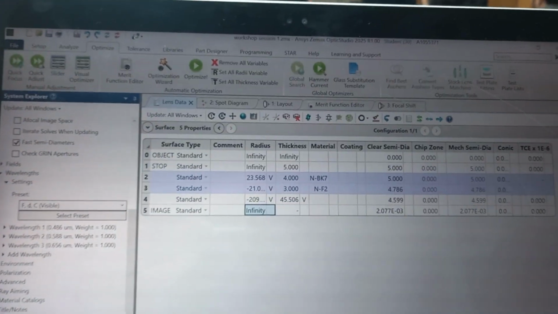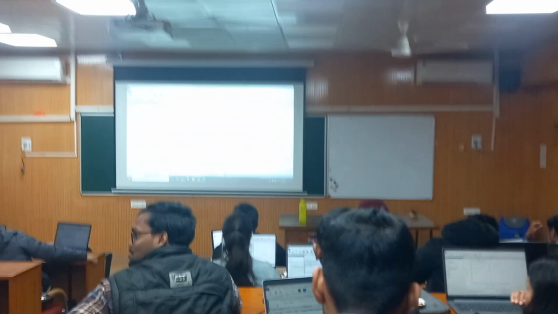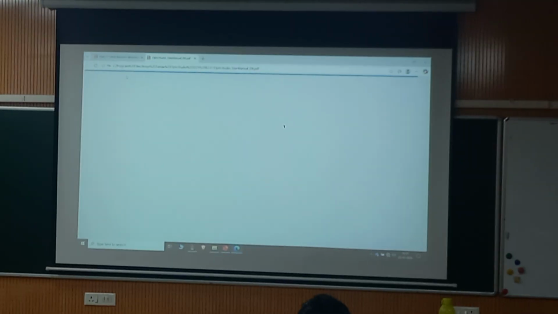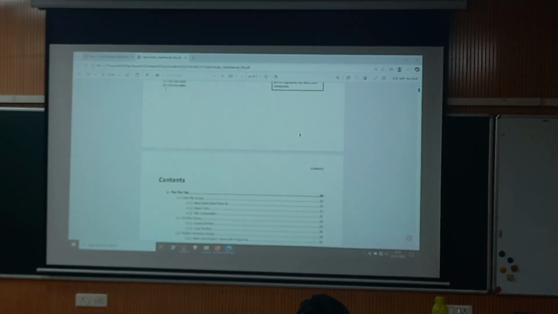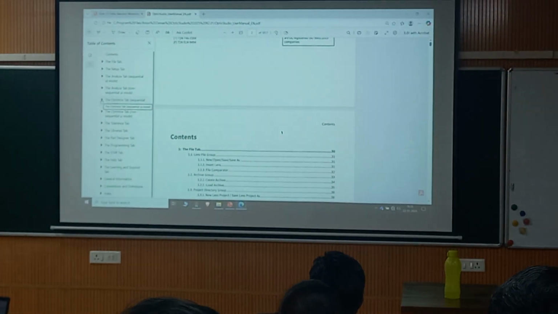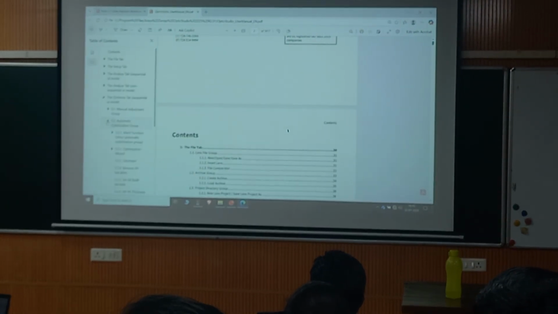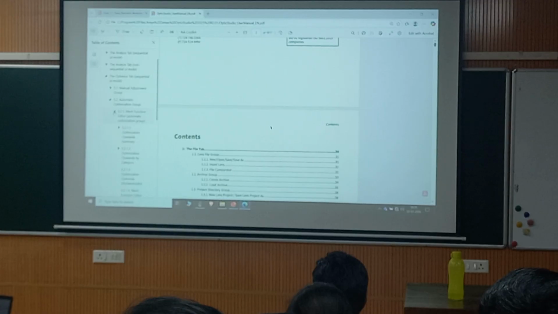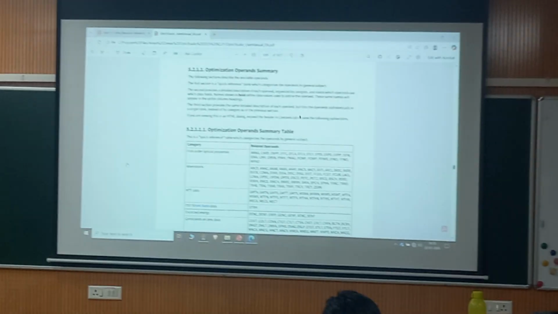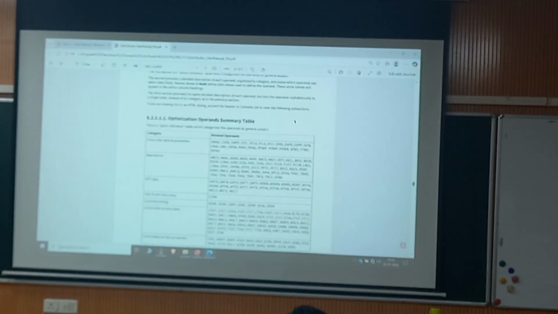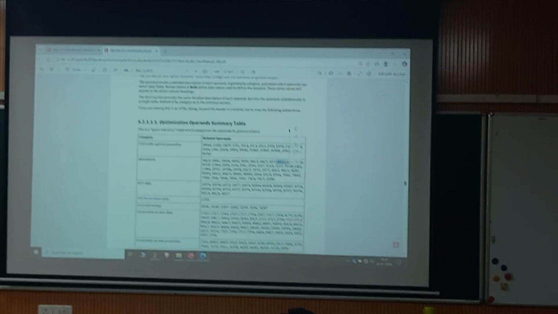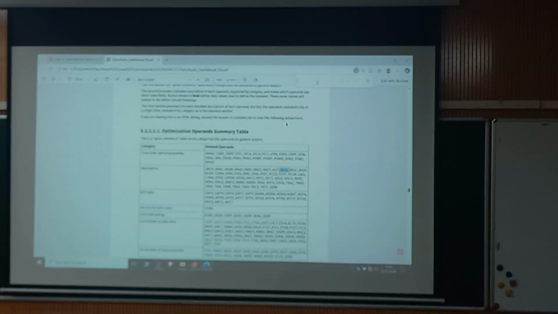Go to the help file first. Then there's a help PDF. Okay, so I open the help PDF. Don't worry, I'm addressing your query. So over here, I'll just open its content section. I'll go to the optimize tab. There's an automatic optimization group, and there is this thing. Okay. Don't worry, I can give you a breakdown again. So optimization operands. There are a lot of operands over here. So this is aberration. Okay. So AXCL, the thing that you're exactly asking for, AXCL,